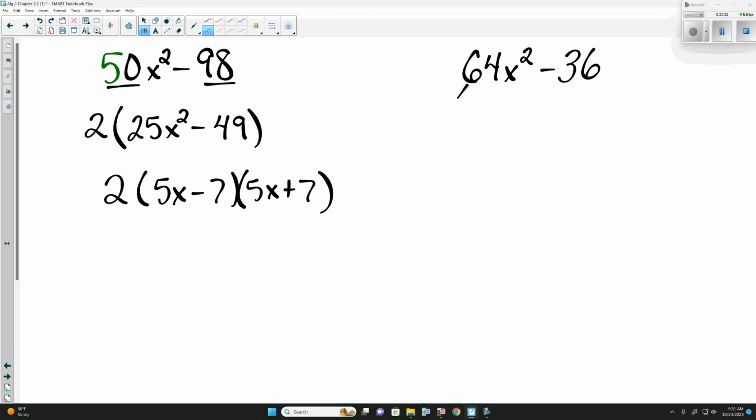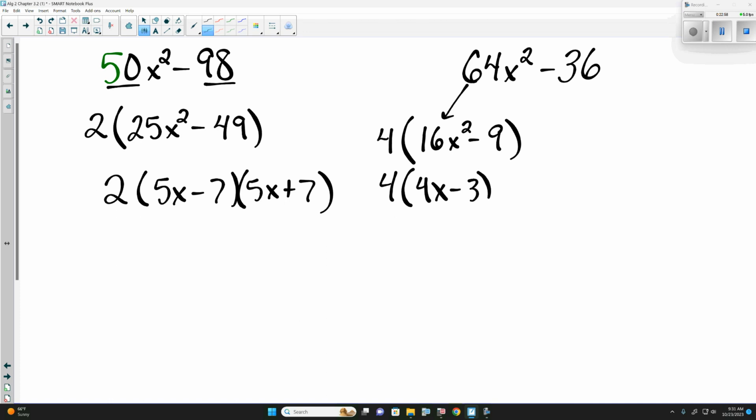So I'm going to do greatest common factor first. 4 will go into both 64 and 36. I think y'all can see 36 better than 64. But if I factor a 4 out, we'd have 16x squared minus 9. Well, 16 is a perfect square. We've seen it already today. We get this here. But the reason I do show this is, as y'all were already pointing out,